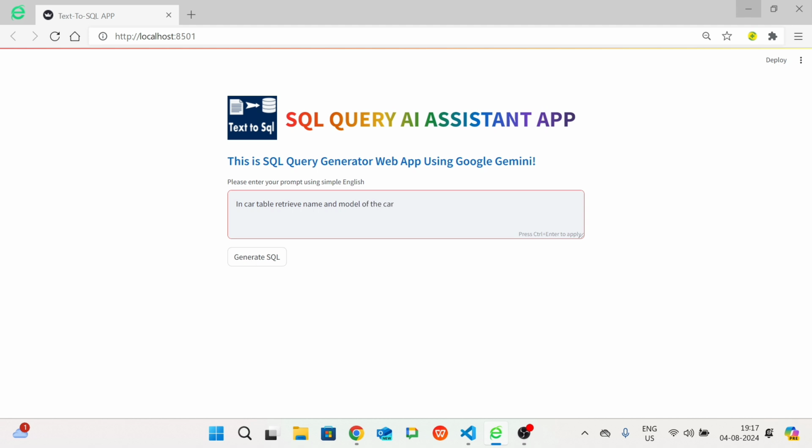See, I am also that person. I don't know what query to write for this, or how to get that information with the help of a SQL query. But I know the English language, so I am providing this to my app. What will my app do now? It will provide me the query as well as an example of what the query will do, explaining the code as well. See now, generate SQL.